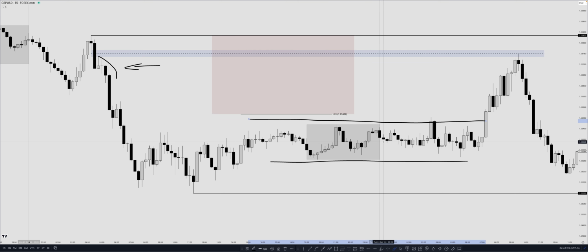Then you can see that for the first half of the day, price kept on consolidating. And then during the New York kill zone right here, price started climbing towards the low resistance buy side liquidity deeper into the range towards the unfilled fair value gap. So when we have, let's say, this type of development, this would be the fair value gap, the imbalance to